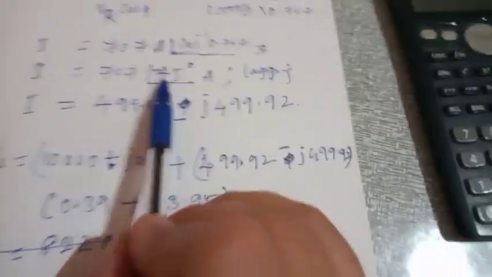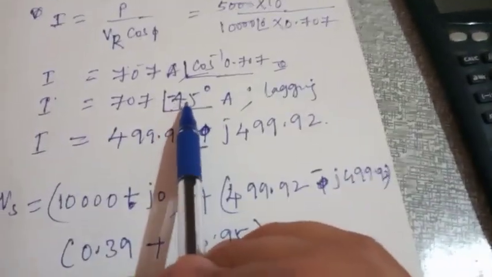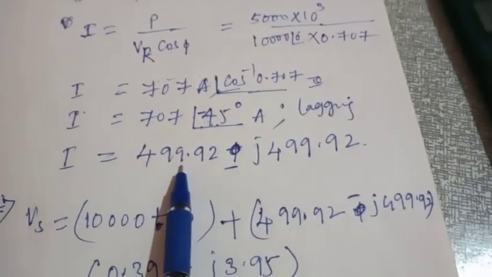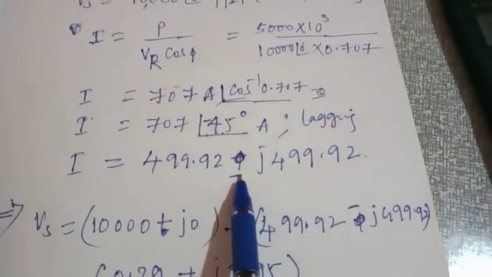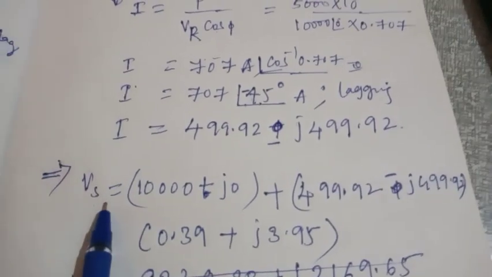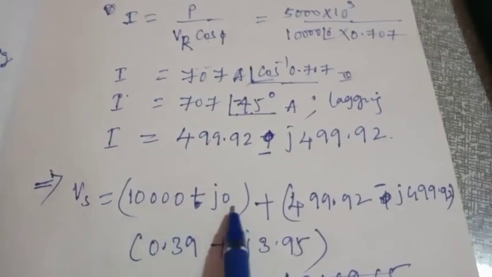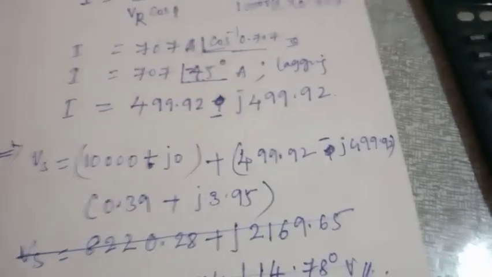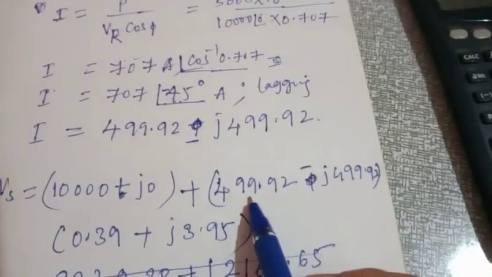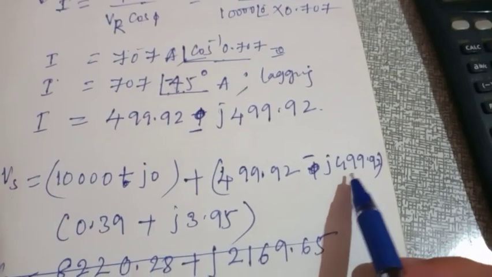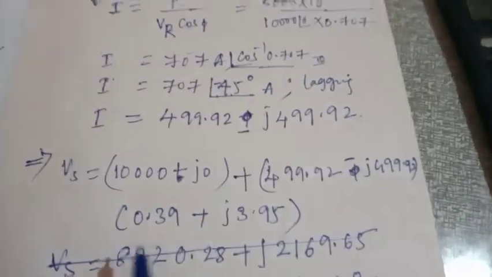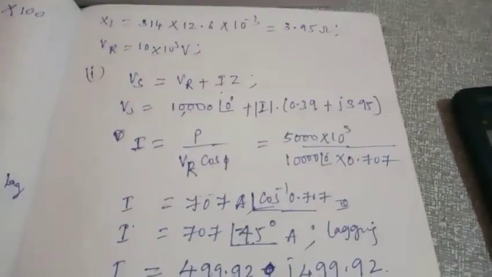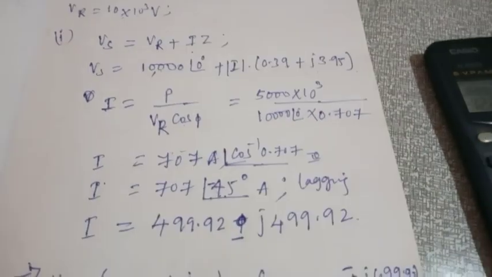In the last problem also we have taken minus 36. So minus 45. After converting this into rectangular form, it will come with a minus sign. So Vs is equal to VR, so 10,000 plus J0 plus I, which is 499.92 minus J 499.92, into Z. Z is how much? R plus JXL, 0.39 plus J 3.95. It comes around,